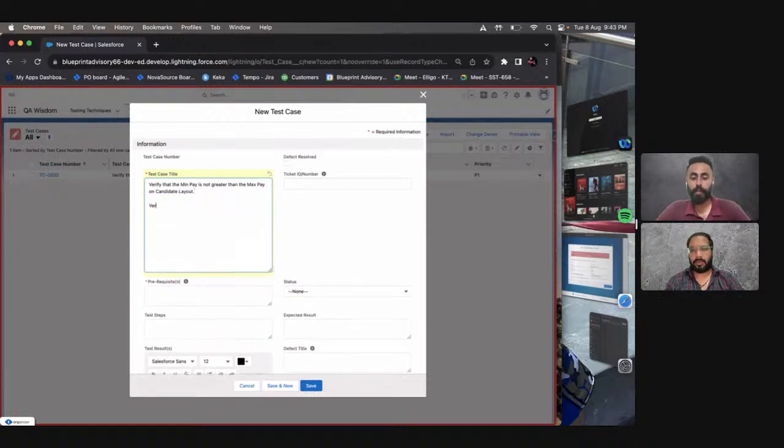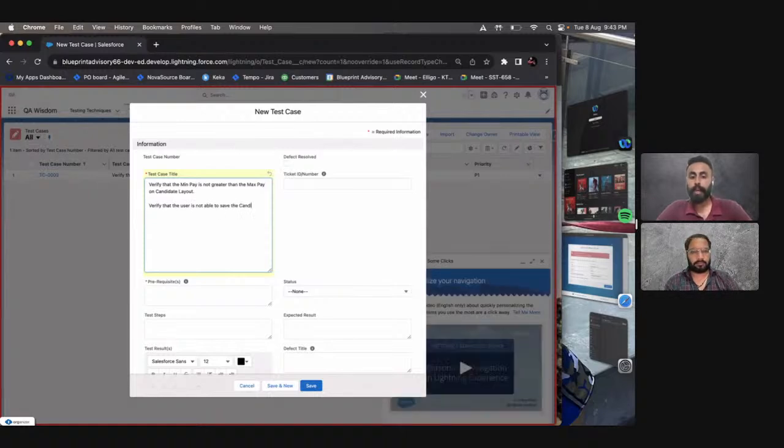The second way can be verify that the user is not able to save the candidate record when the value of minimum pay